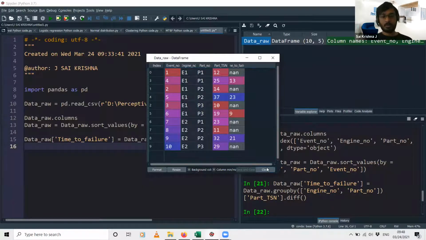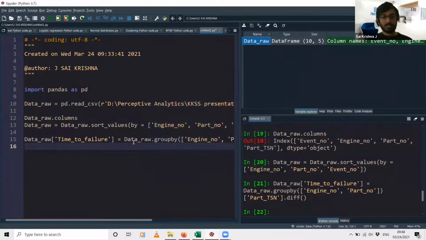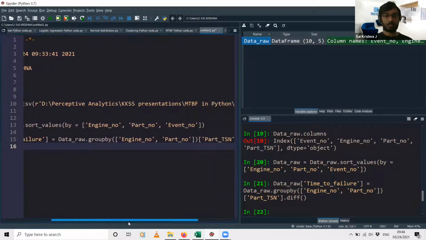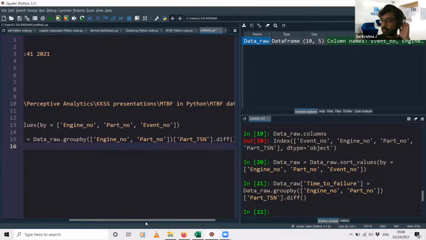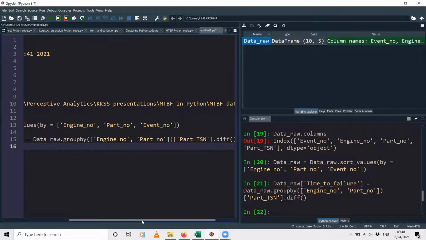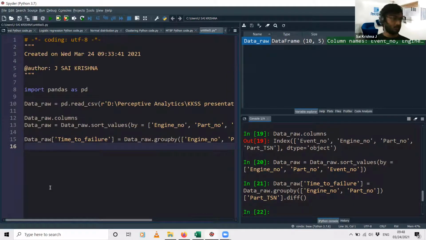Okay. So this is the syntax that you will use to apply the diff function. Everybody with me until now so far? Any doubts, questions? No, all good from my end side. Okay, let's proceed to the next step.